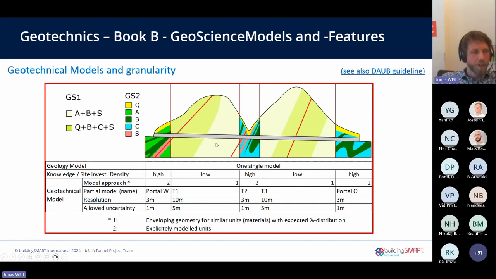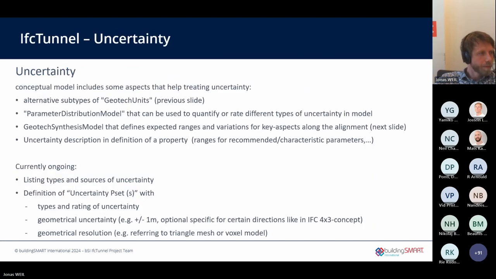So this can also be handled in the properties, but you can give your designer an idea what to expect. This links us to the topic of uncertainty. As you know, in all of these work groups, you end up in discussions about uncertainty and how to handle it and how to classify it and how to transport it. And we all know that any model is not useful without describing its uncertainty. And there's several approaches to bring this out of reports and out of discussions into the model.